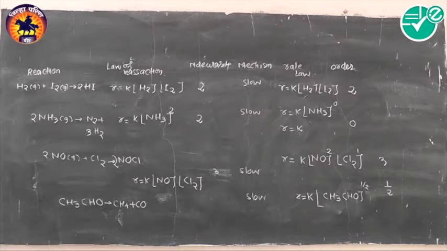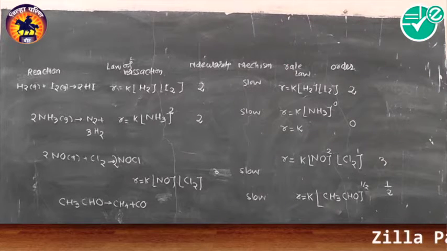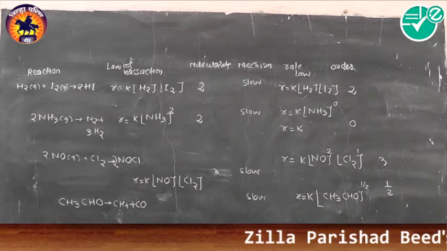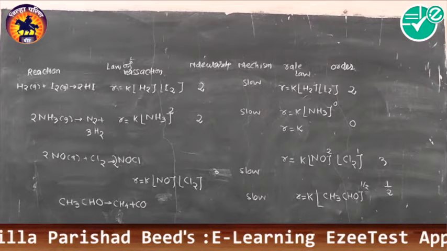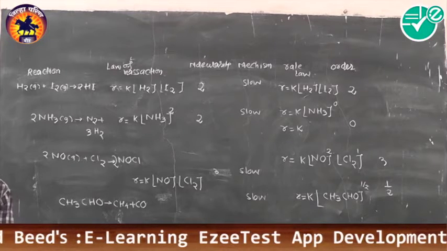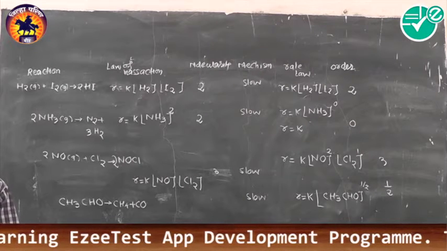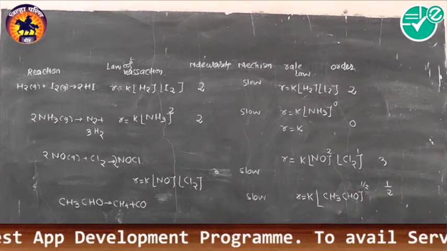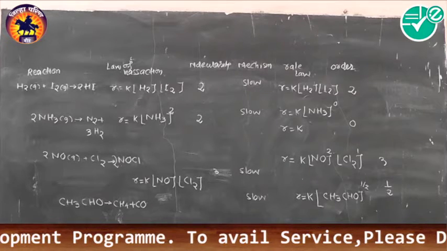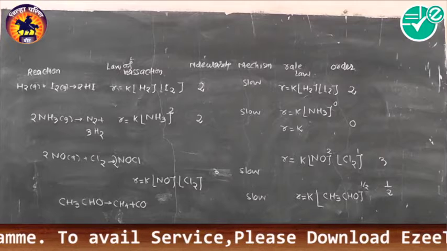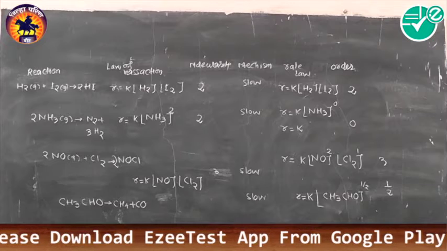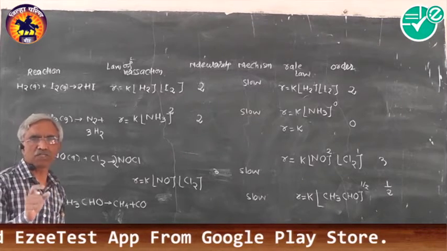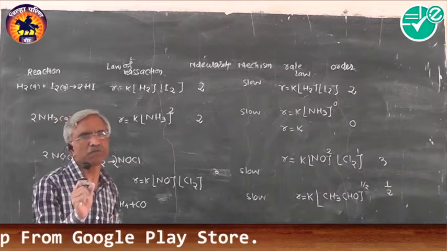For further study, we are going to study only the zeroth order and the first order reaction. But in between that, we want to study one more special example of a reaction, and let us go for that type of reaction that I will write here. We will go for the hydrolysis of methyl acetate or hydrolysis of sucrose.